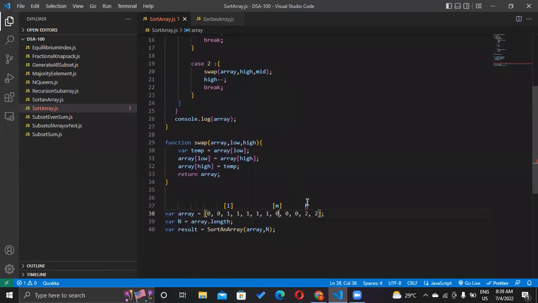Now high minus minus. Now see, if we do mid plus plus, what will happen? We just increment this one, and that 0 we are leaving. That 0 we are leaving. So this array didn't get sorted. That's why we are not